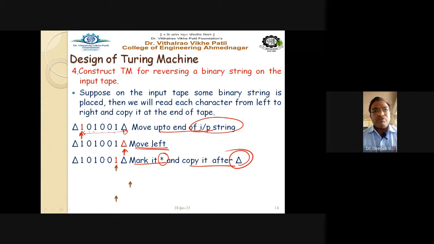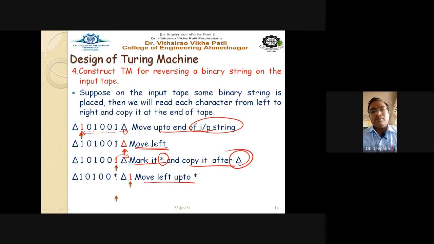Means we have to shift all the input characters to the right hand side of that capital delta. So first mark it here as a star and shift it in this direction. So put it here as a star, and now the 1 is moved to the right hand side of that capital delta.